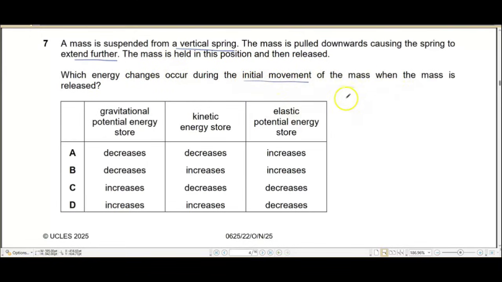Now what they are telling us is that there is a vertical spring and a mass was suspended from it. So obviously the spring got extended, but they are not asking us about the energy changes that occurred when the mass was suspended from the spring and when it got extended. They are asking us about the fact that when the mass was released, what were the changes that happened